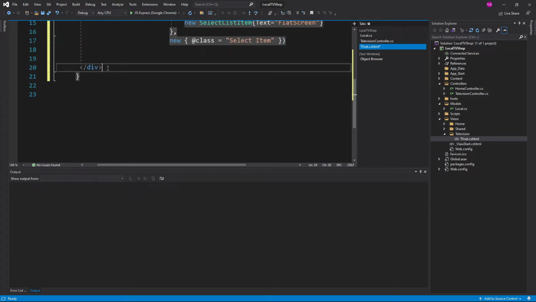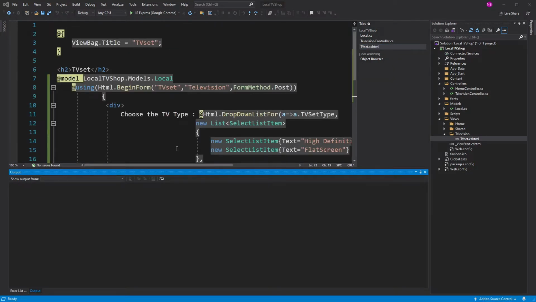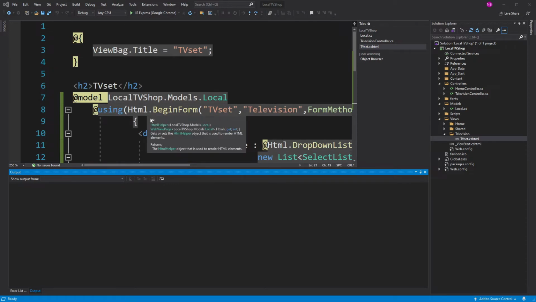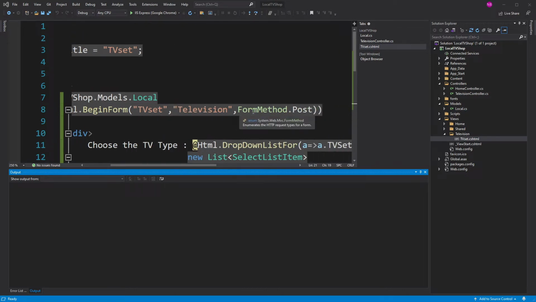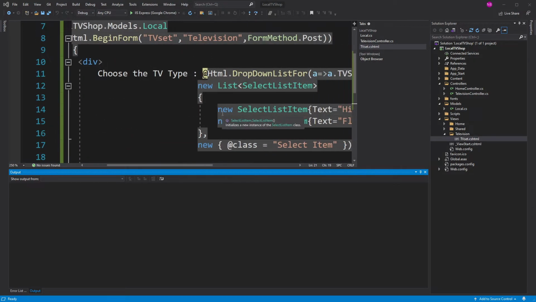So next, you're gonna do your div. Now I'm gonna add all the other properties, which is your editor for, your display for. Alright, this is our view. So at the moment our view looks like something like this. We have your ads model here at local TV shop dot models local. You also have your using HTML dot begin form, your television. This is your action result. This is your controller name. This is formatted dot post. Yeah, after that you're gonna have your div,